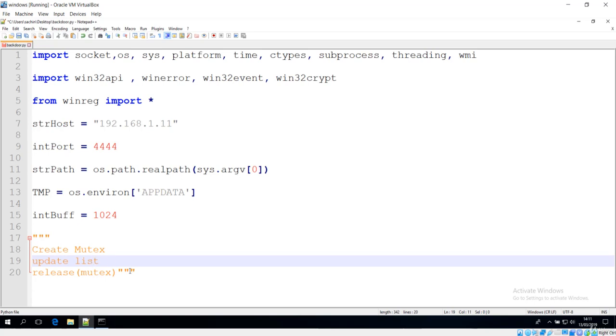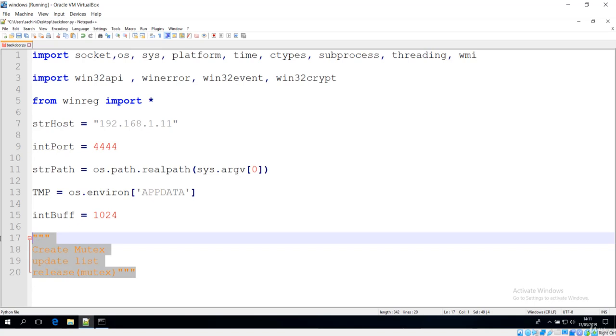A thread can be used to do multiple tasks at a time, but I want only a single thread to use this. You can also check the documentation for mutual exclusion to know more, but the main idea is that we want only one single thread to execute that operation to prevent multiple instances.